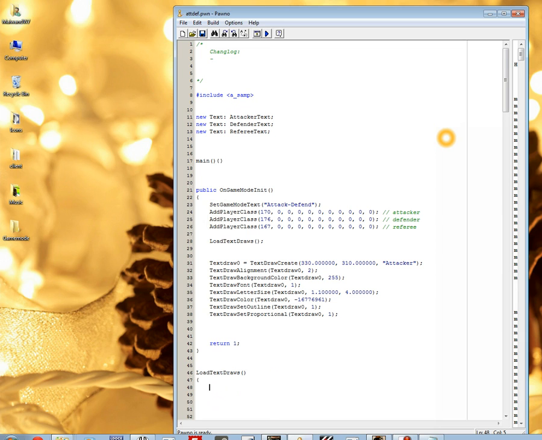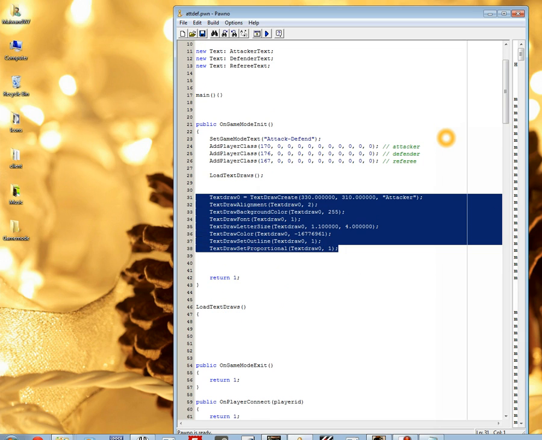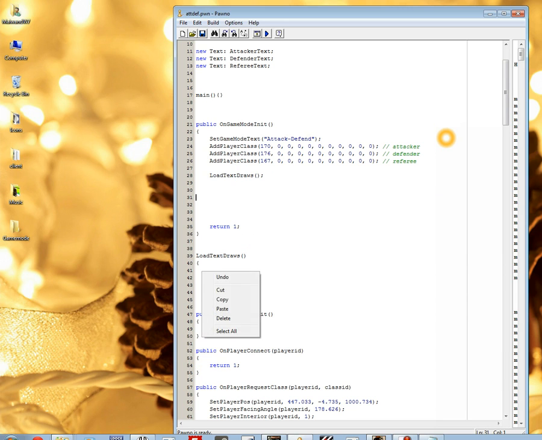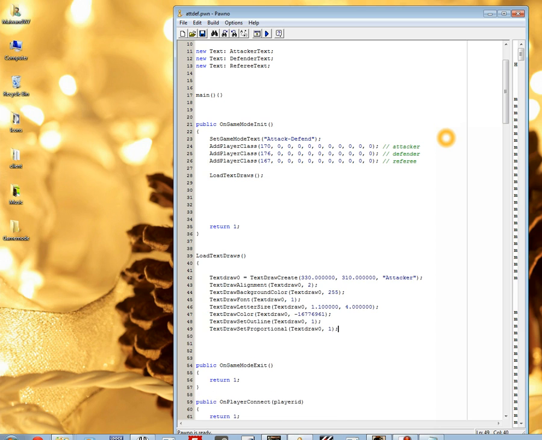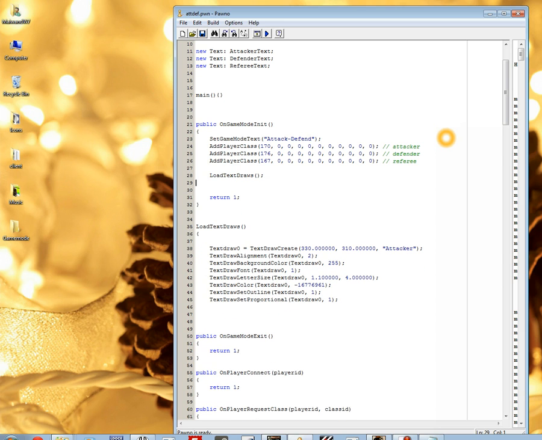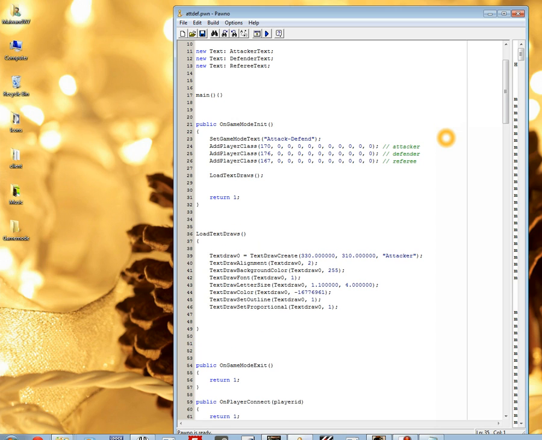Now I can make load Textdraws here. Load Textdraws, open bracket. I can now put my Textdraw here. So once you start the game mode, it will set the game mode text. It will create 3 classes, and then it will create all your Textdraws, which are here. So this way is better. You can put all your Textdraws here,